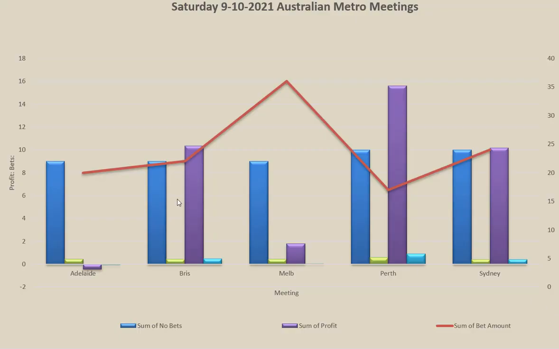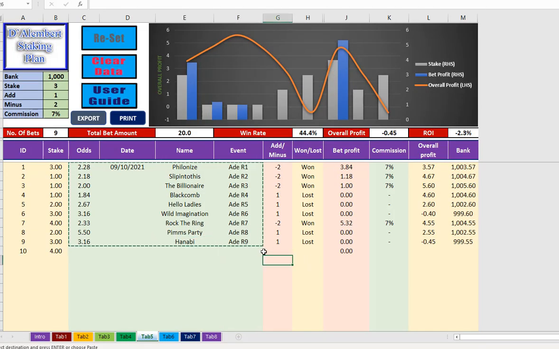And that's it in a graph form. The red one is the amount of money spent betting, and the purple ones are our profit over the 5 meetings. As I said, I don't say it's going to work every weekend, but you can see this weekend 4 of the 5 meetings made a profit, and the one that made a loss was only very small, like 45p or 45 cents. A very sound staking plan in that it doesn't get too far ahead of yourself.